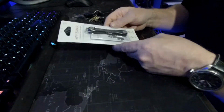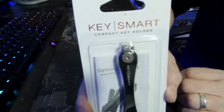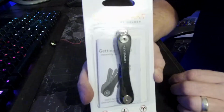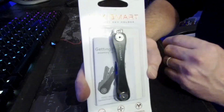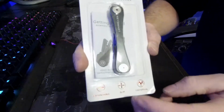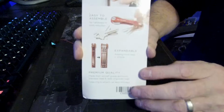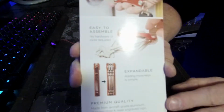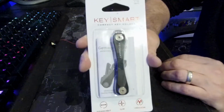Okay, so first thing is we're going to have a little bit of an unboxing here of the Key Smart Key Organiser. It can hold between 2 and 10 keys, and it is expandable. It's quite slim. The design there, and having a look at the back here, you can roughly see what you can do with it. Now I've gone with a black one at the moment because